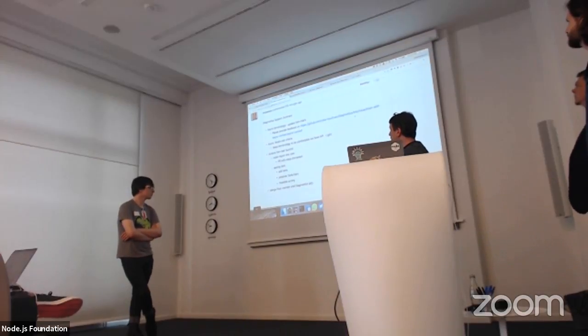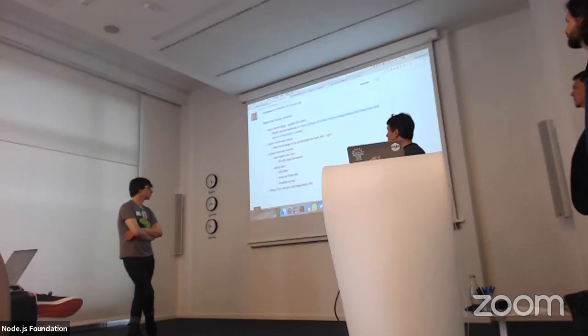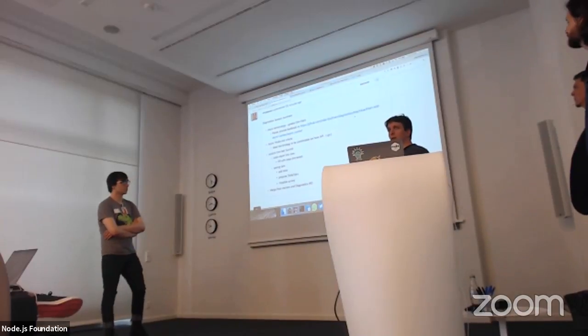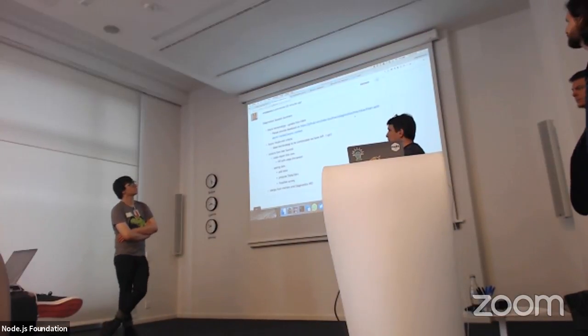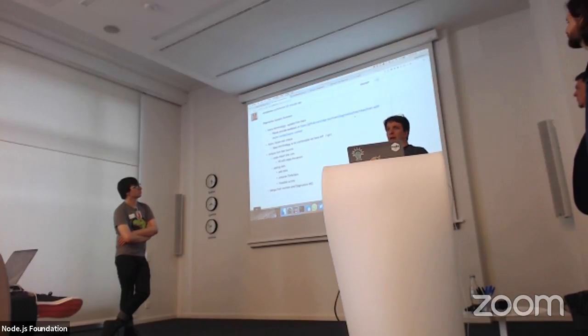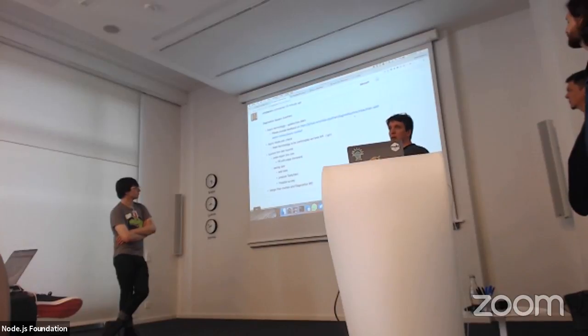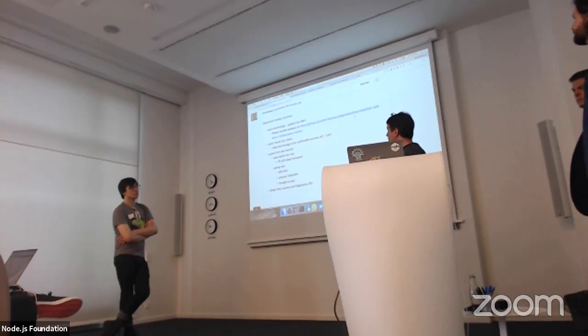So the concrete next steps that we came out with were that we need to add some tests, so we actually have something to tell us if something's regressed. We then need to propose the tools and what tiers they would fall into. For example, if we see a regression, would that prevent us from upgrading to the next level of V8? Would it prevent us from shipping an LTS? We basically need to come up with a proposal. We might go out and do a broader survey like we did for the benchmarking working group to get broader feedback in terms of what people think about the tools and what should be blocking and not blocking.